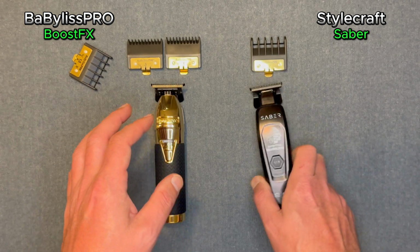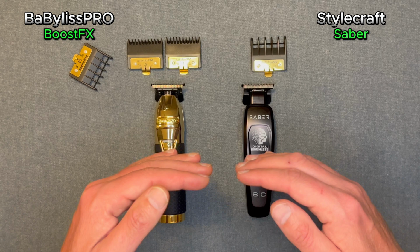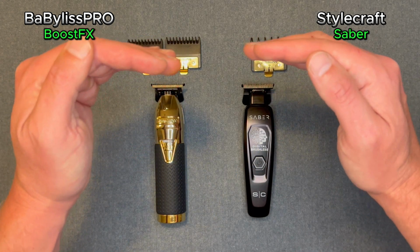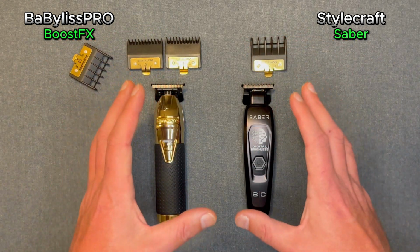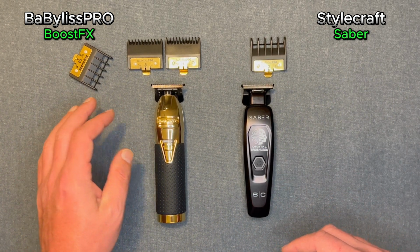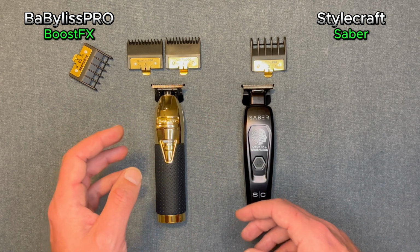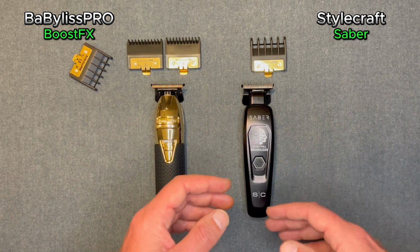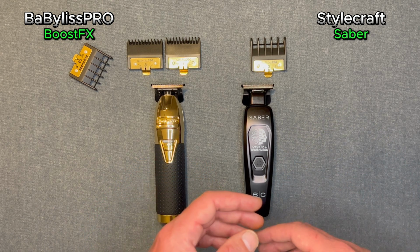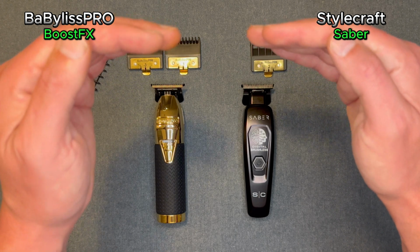I expected these to just blow the Supreme trimmer out of the water. What these are known in the industry to be, they're just tip top. These are 2 of the best 3 in the world. You could put maybe the Gamma Cyborg, and then maybe the Saber second place, and then this is maybe third place, and then you're going down the line to like the X or a Cocco Pro BLDC. There's a lot of products that, as far as reputation goes, these are up here and those are all kind